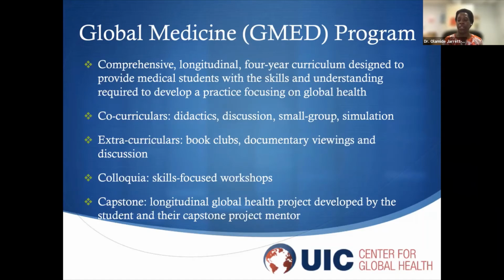And so at the end of your M2 year, you have a poster presentation that you'll give, where you talk about exactly what your project is, what the specific aims and goals are, and what your timeline is for accomplishing that project. Most of our students actually get their capstone projects done sometime between their M1 and M2 year, because that's kind of your last great summer vacation, where you have an extended block of time in your curriculum. So a lot of them get that done during that time,